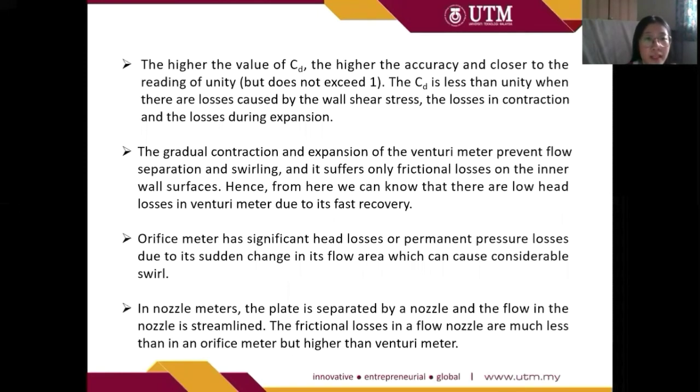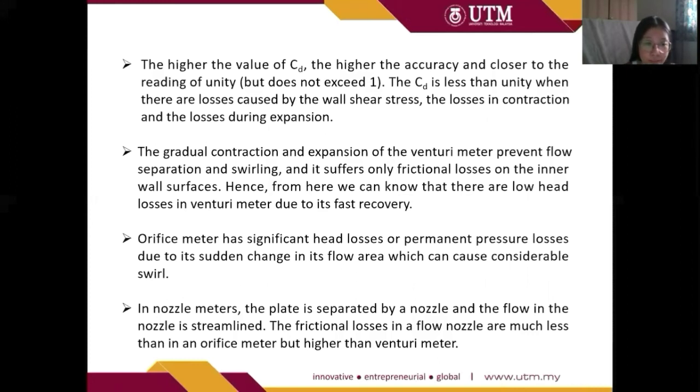The higher the value of CD, the higher the accuracy and the closer to unity, but it does not exceed 1. The CD is less than unity when there are losses caused by wall shear stress, losses in contraction, and losses during expansion. The gradual contraction and expansion of the venturi prevent flow separation and swirling, and it suffers only frictional losses on the inner wall surfaces. Hence, we can know that there are low head losses in the venturimeter